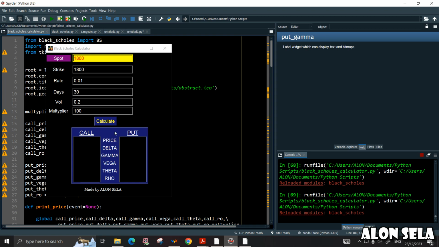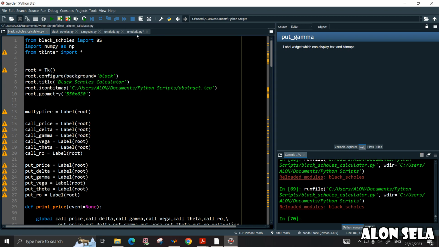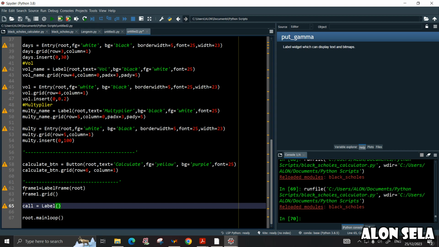So we need to put this new call label inside this frame. This frame is our frame 1. So it will be